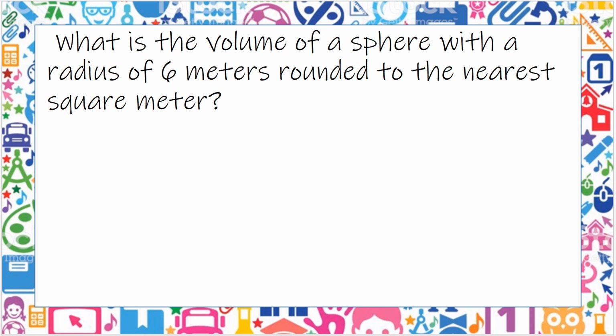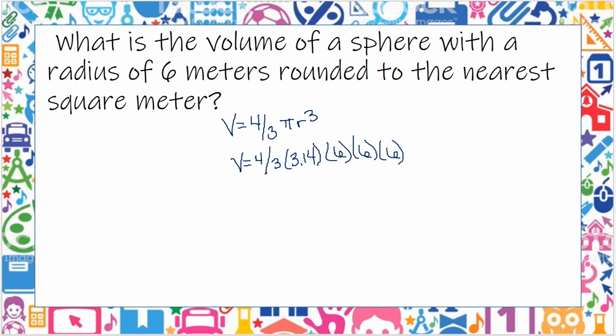What is the volume of a sphere with a radius of 6 meters rounded to the nearest cubic meter? So the volume of a sphere, we have to use our formula, 4/3 times pi r cubed. So 4/3 times 3.14. And our radius is 6, so I'm going to multiply that 3 times. So I'm going to say 6 times 6 times 6 times 3.14 times 4/3. And I do get